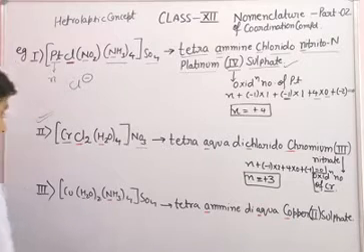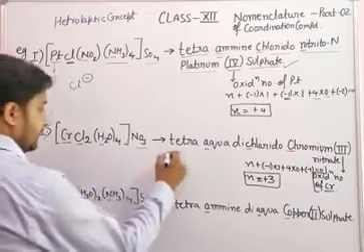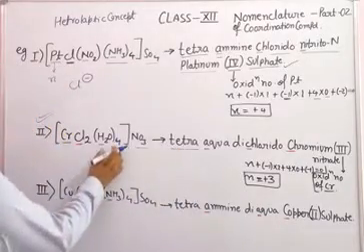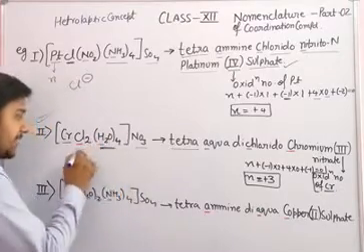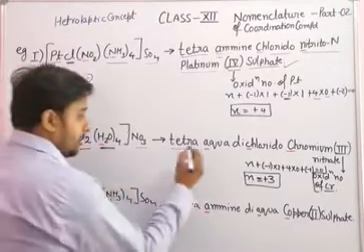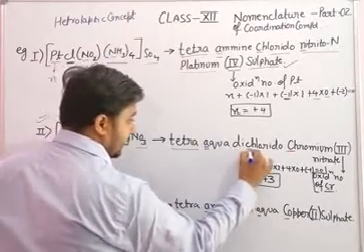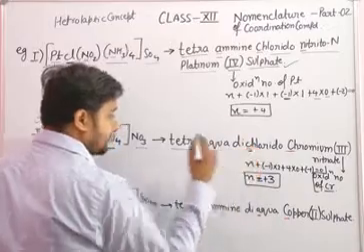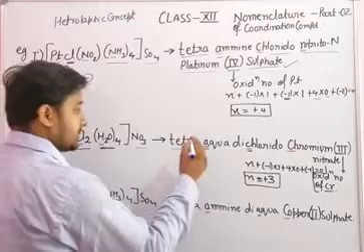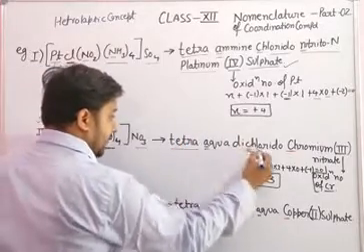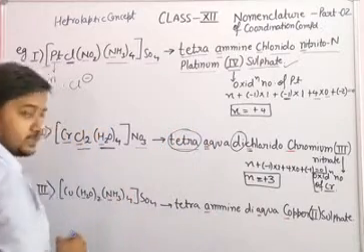Next, in this case we will start the naming of the coordination compound with the counting, that is tetra, aqua. Why are we writing the name of this H2O before the chlorine? Because aqua starts with A, and chlorido starts with C, so C will come after the A. So that's why we are using tetraaqua dichlorido.